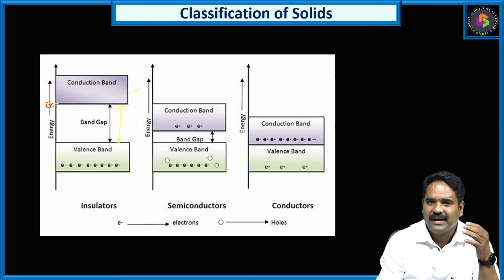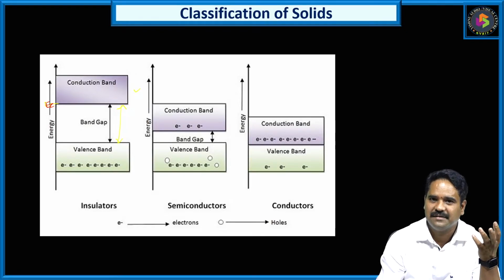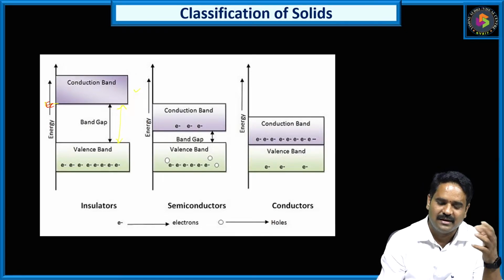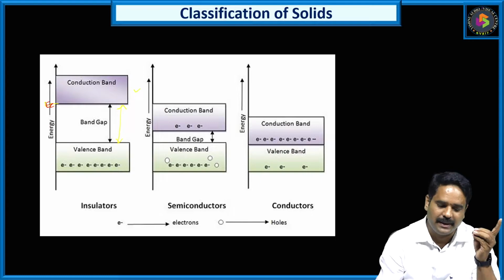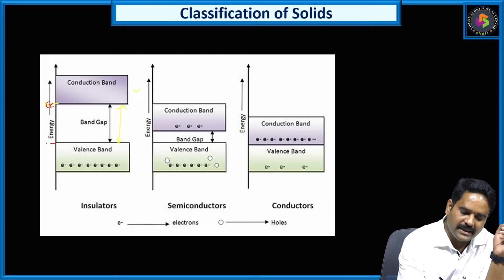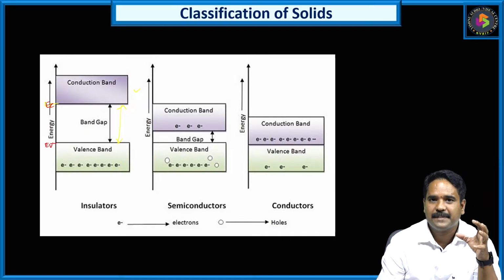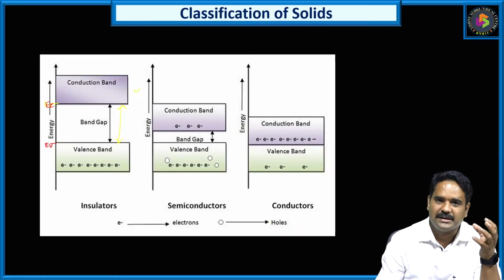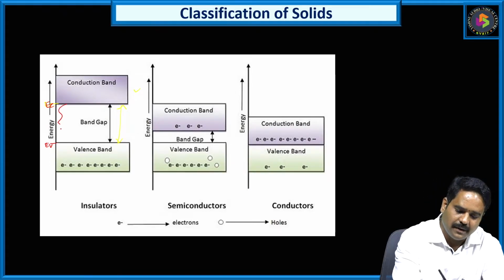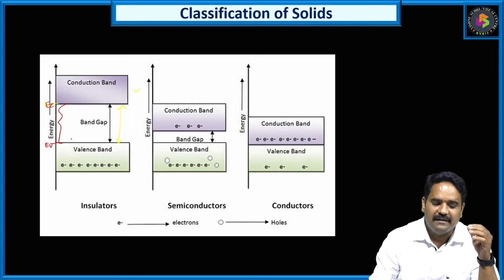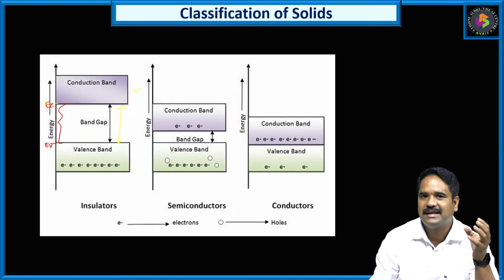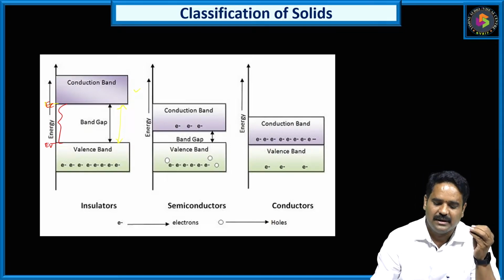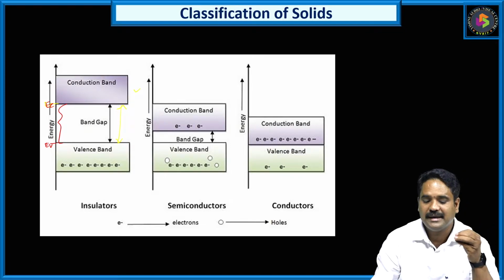Similarly, the valence band. The valence band is formed by a series of energy levels which contain valence electrons. The valence band may be partially filled or completely filled. It should not be empty. Here EV is the highest energy level of the valence band, meaning the top of the valence band. The energy difference between EC and EV is known as the energy gap of the material. Depending upon the energy gap, solids are classified into three types: insulators, semiconductors and conductors.